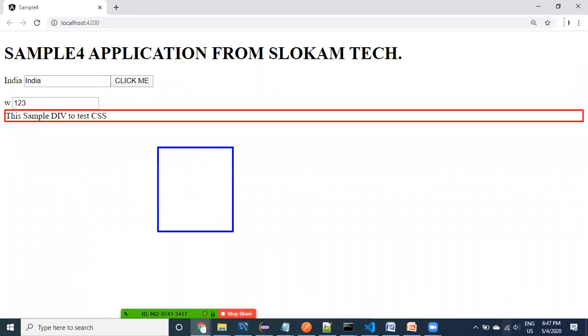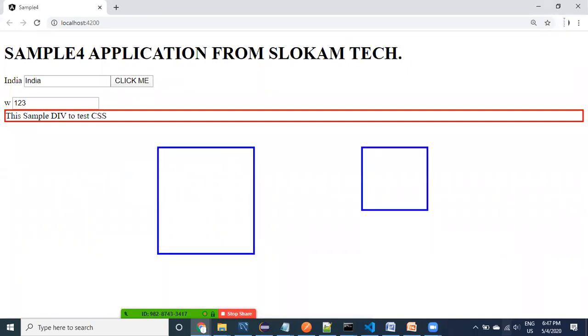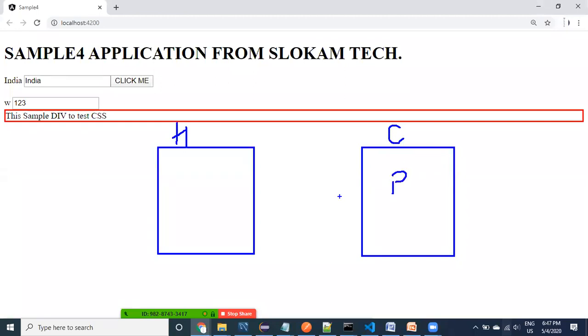So this is the HTML, and this is the component class. Remember only these two things, HTML and component. We have a property here and a text box here, and you want to bind the property to this text box. There are two ways to bind properties. One-way binding means data only goes from the component to the HTML. Two-way binding means if you change anything, those changes also go back to the component.